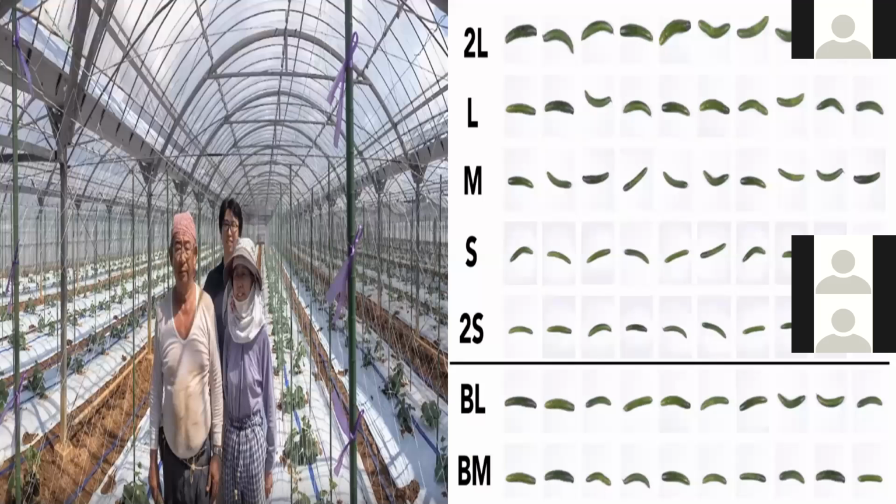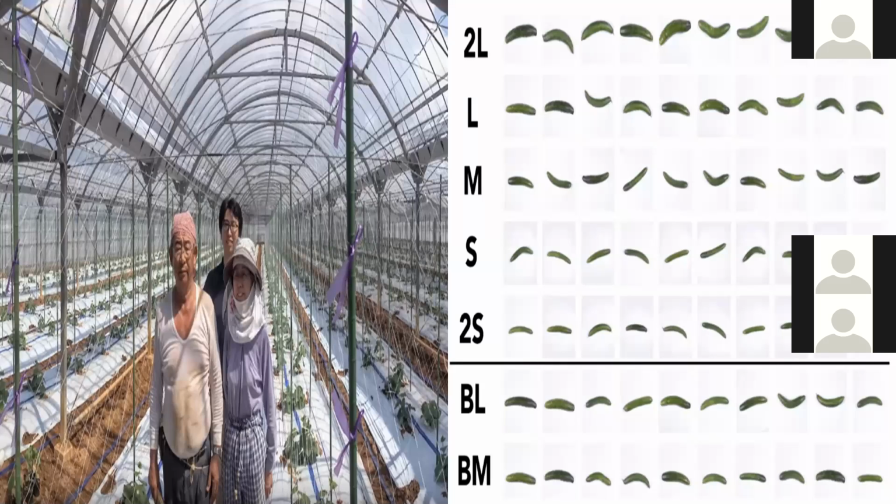So there was a small case study. If you look at this, these people are farmers in Japan. They are growing cucumbers. His son was studying at Stanford or some institute in the US. Both husband and wife work on the farm. One problem they face in cucumber farming is that cultivation and other things are fine, but the main problem is sorting. The cucumber size decides the quality of the product. But they are spending a lot of time on segregation after harvesting: which is 2L size, L size, M size, small size.